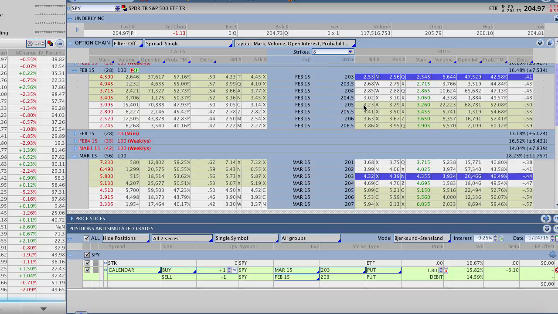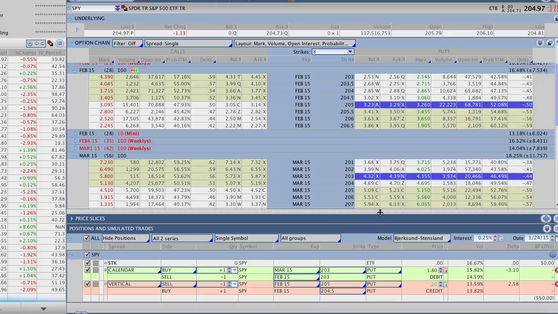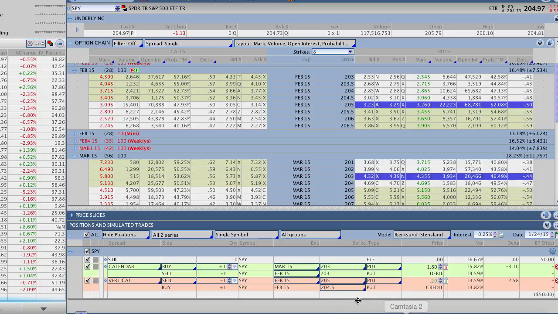Now, how you would logistically do that is you would sell a credit vertical spread for February. So we just use a vertical credit spread and we adjust the strikes to 205 and 203. The reason we do this is because the 205 is going to be our new short strike. So we're going to sell one of those contracts. And the 203, we're going to close out and buy, which is going to cancel out the one contract that we had for February that was already short. So basically closes out the 203, reestablishes the 205. And you might get some sort of credit, maybe 70 cents, maybe 50 cents, something like that. You might get a smaller credit than your initial trade.